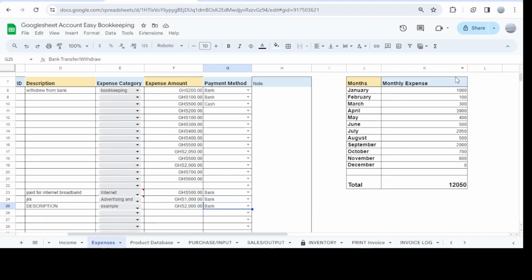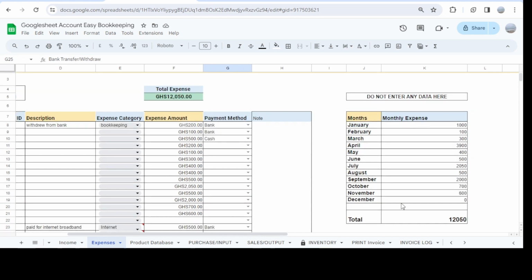And this is the same thing. It automatically updates your monthly expense, so you can see your monthly total, your total monthly expenses over here. And this is your yearly expense, your annual expense, the total. Now